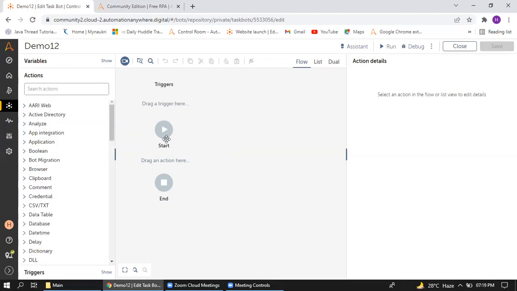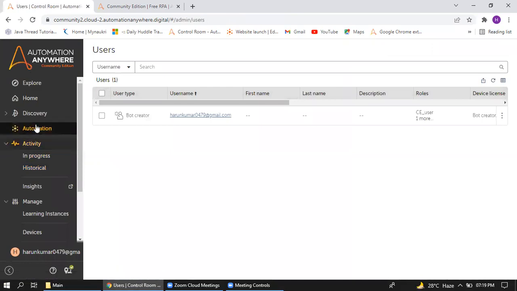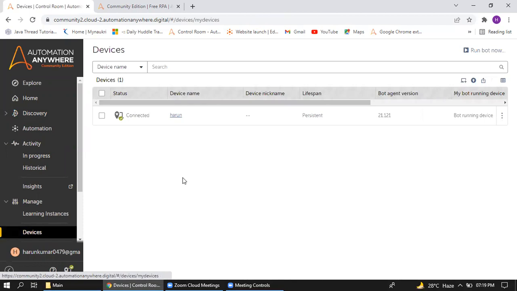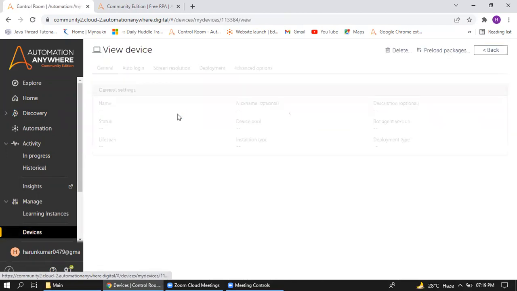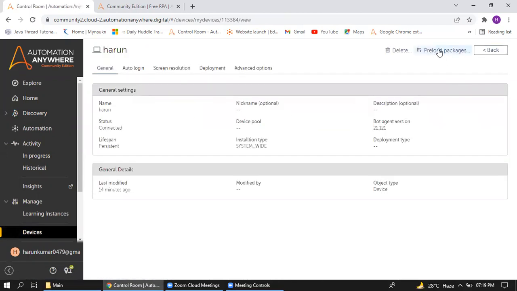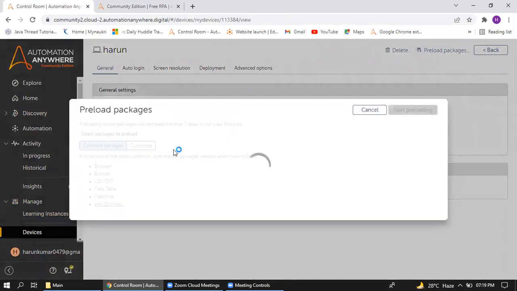Before creating a bot, before writing any code, I will click on the administrator here. Click on administrator, user. I'm sorry, yes. Click on devices, click on the device name. Here you can see preload packages. If we click on the preload packages, there you can select the required packages that we need to preload.